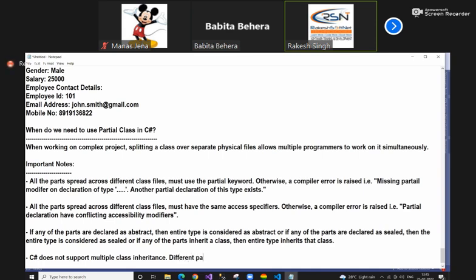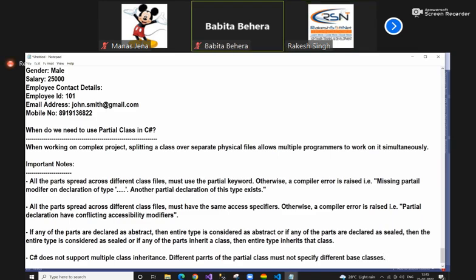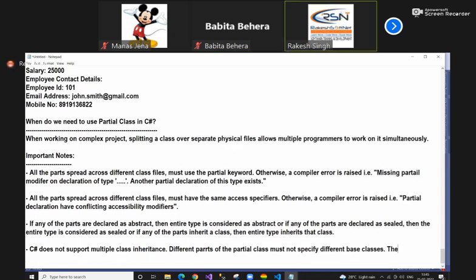Different parts of the partial class must not specify different base classes. Right or not? Yes, sir. Different base classes. Here below, in the same line, the following